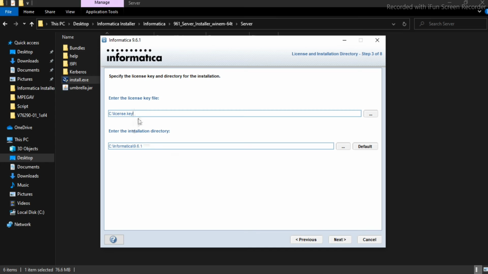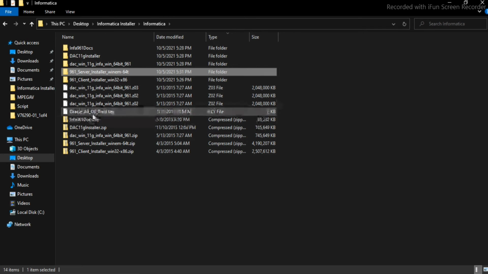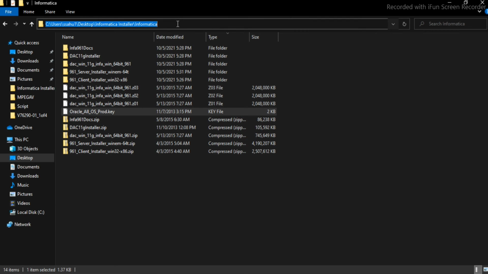Now, guys, this needs the key, right? The license key. Where is that license key? I have shown you, right? So this is the one. This is the license key, guys. So we need to copy this path and let's